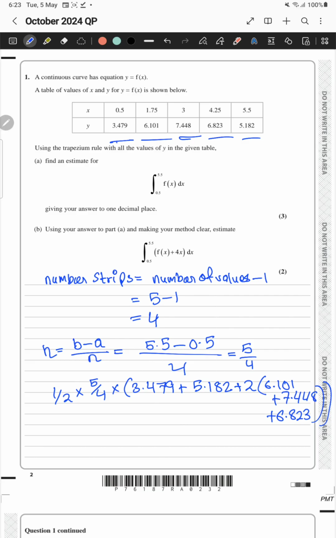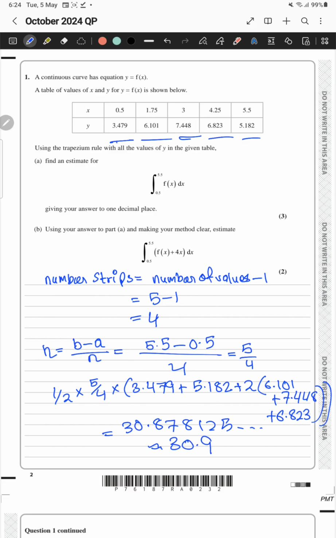So half times 5 over 4. Now you have to put this into your calculator and let's see what answer I get. 3.878125, which is roughly equal to